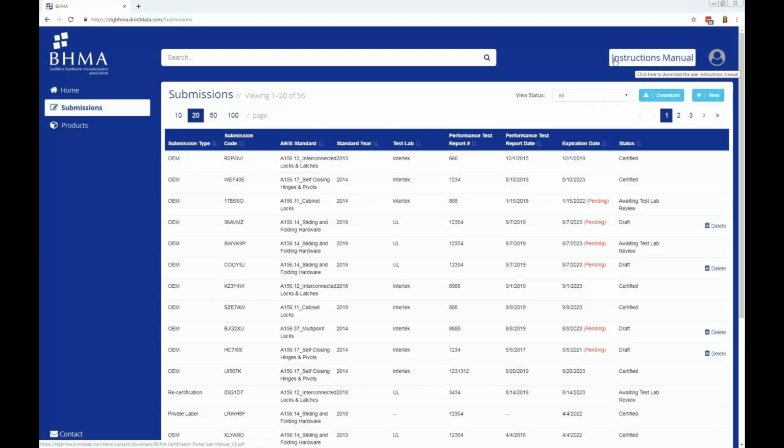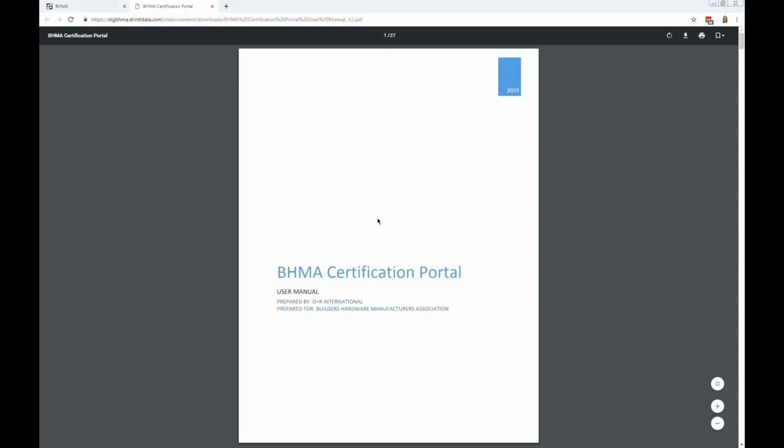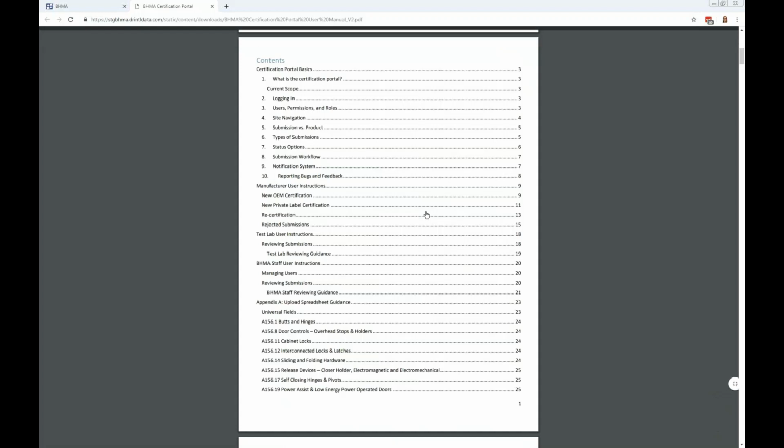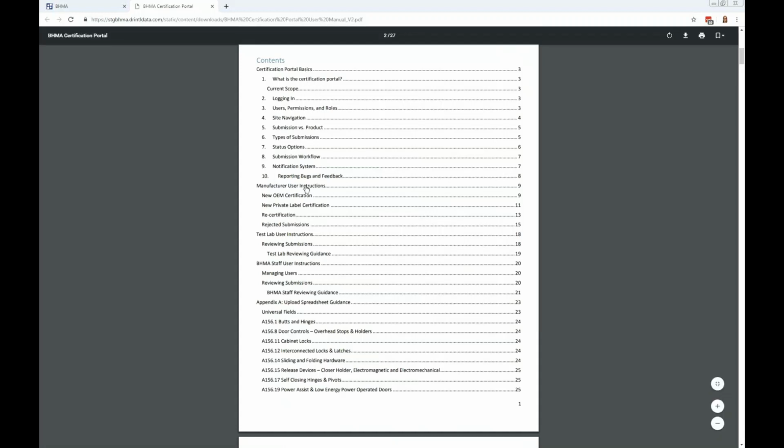an instructions manual that you can download from the website. And this instructions manual is going to be really important for you to understand all the things that are being reviewed in today's webinar, and also just use it as a point of reference for when you're using the system in real time. So I won't go through all of it, but there's kind of the basics that we already